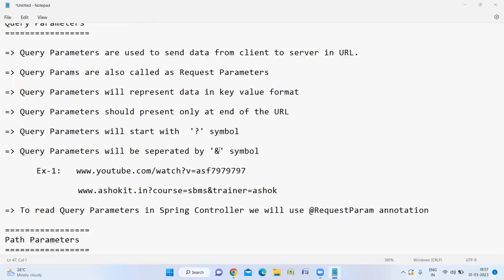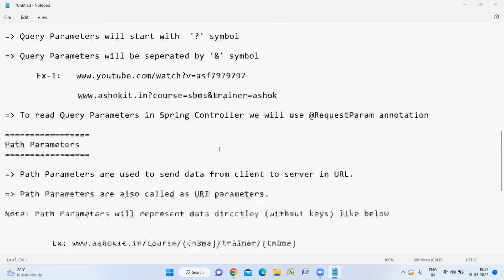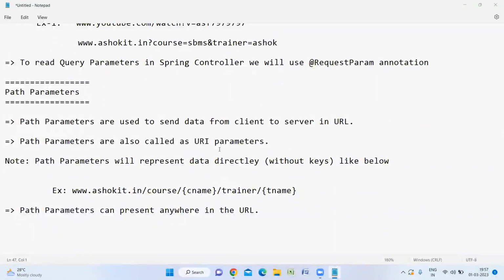Path parameters. Understand path parameters. Path parameters are used to send the data from client to server in the URL. Path parameters are also called URL parameters. Path parameters will represent the data directly without